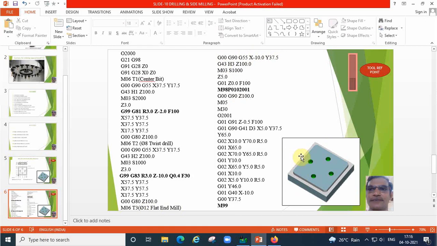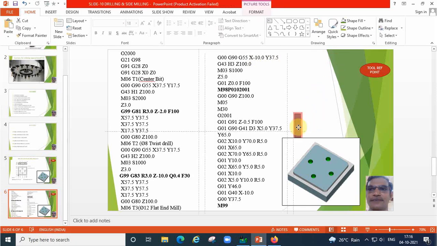That means X minus 10. This is 0.10 mm away from the workpiece, exactly at the center. Okay, X minus 10, Y 37.5. Now the tool is here. For example, you just move the cutter and keep the tool here 10 mm